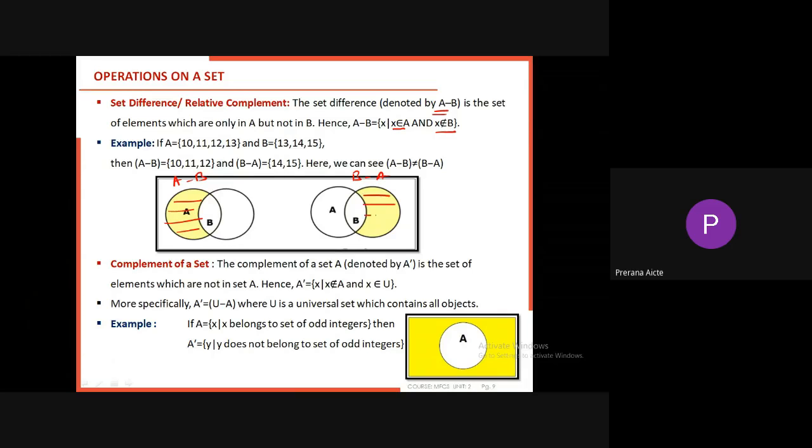Again here the elements will be considered only from set B. Now here is the example where I can find A minus B as well as B minus A. In most cases, A minus B will not be equal to B minus A. So next,